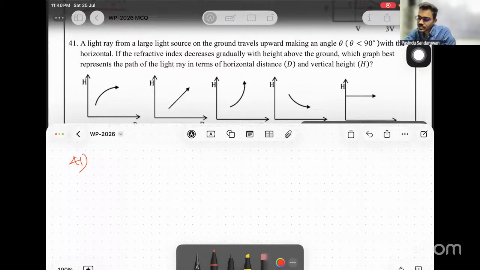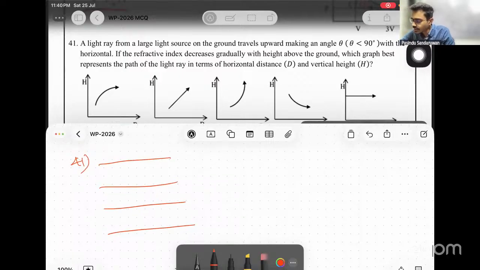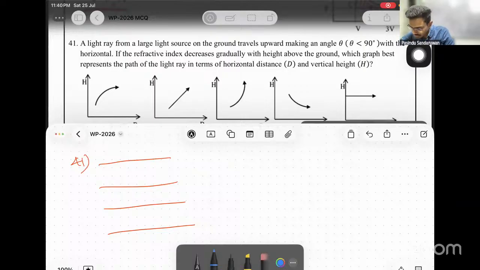A light ray from a large light source on the ground travels upwards, making an angle theta less than 90 with the horizontal, if the refractive index decreases gradually with height. Now, say these are the layers. The refractive index decreases gradually. Say we have an initial beam falling here, then decreases gradually means always this goes from